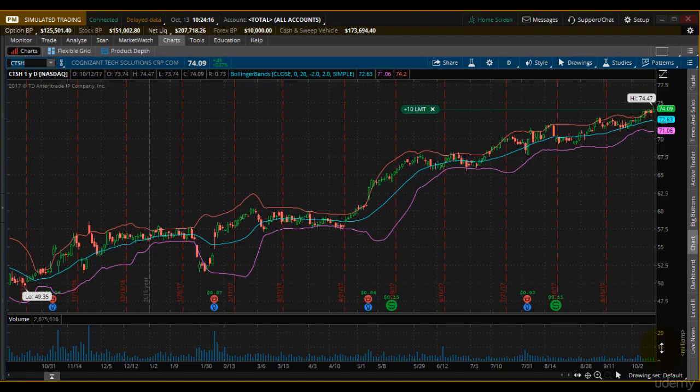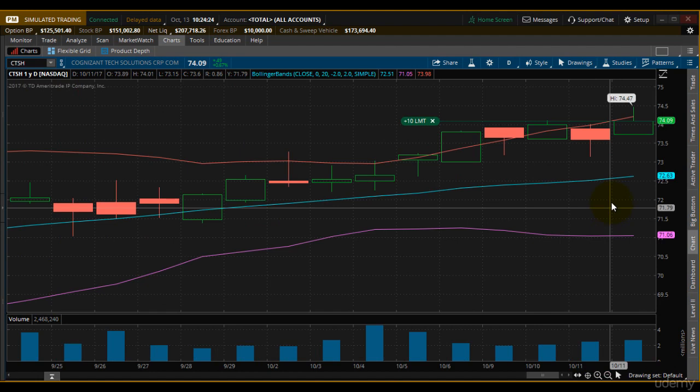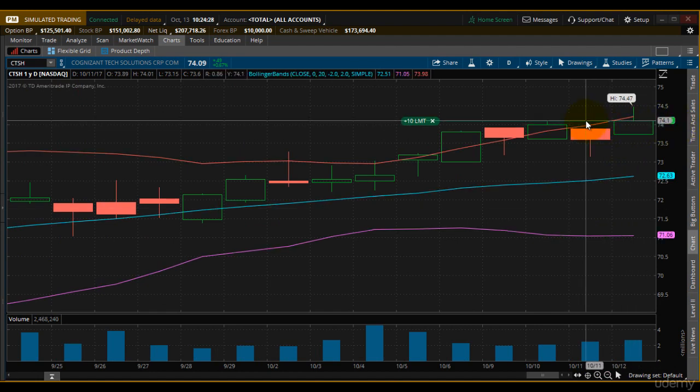Hi guys, today is Thursday end, and our trade in symbol CTSH Cognizant Tech Solution is going smoothly. Today it closed at 74.09, which is its highest ever closing. So it tells us that it is still moving as per our plan and going up. And tomorrow will be the last trading day, so if it expires around this level, we will be making a good profit. So we'll sit tight and see